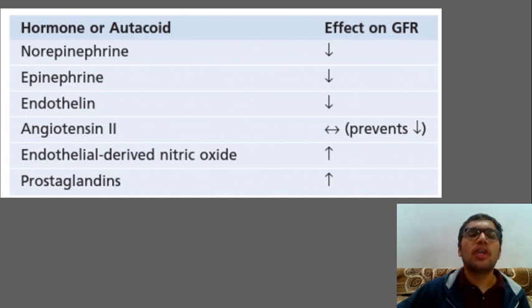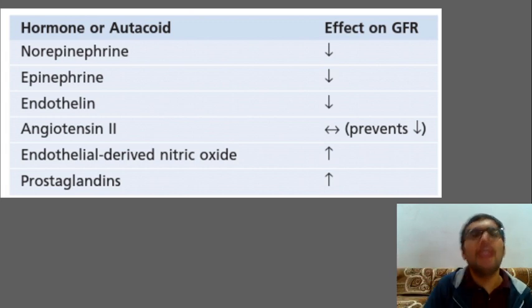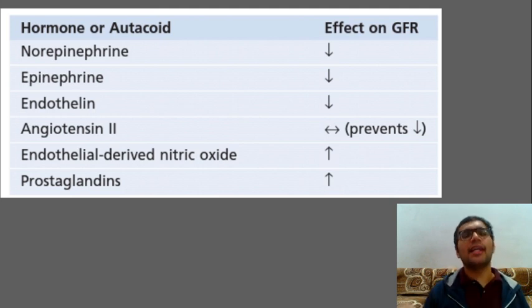Now what is angiotensin 2 doing? With angiotensin 2, you can see this arrow. This basically means it has a biphasic response, but we usually say it increases GFR. How? It brings about constriction of the efferent arteriole. If the efferent arteriole is constricted, your GFR will definitely increase. But then why is it said to be biphasic? After some time, due to the GFR increment, there is also an increment of colloidal osmotic pressure, and this will lead to a fall in GFR. Not needed as such, just remember biphasic response right now. This will be dealt with in detail in pharmacology.